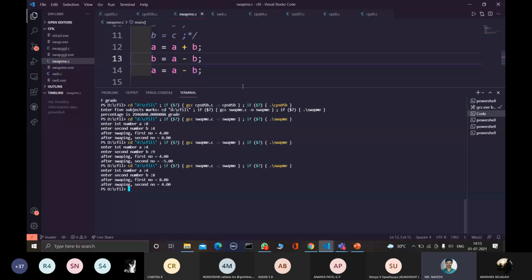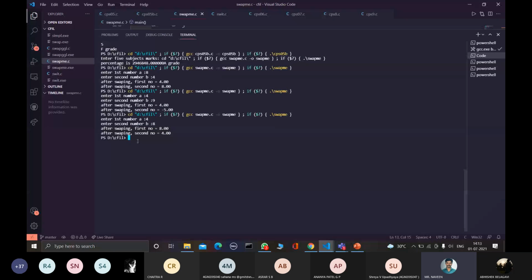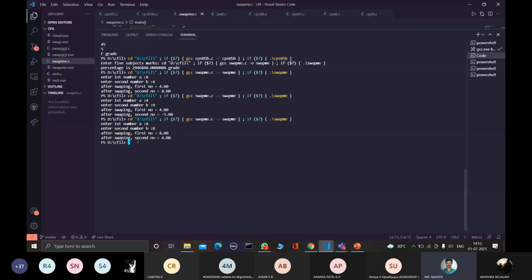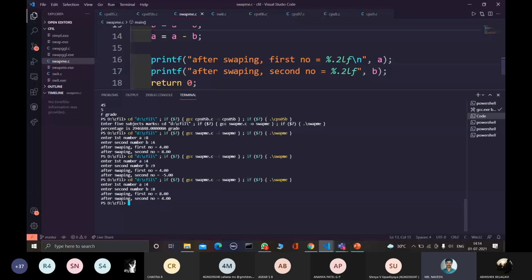Just now previously, what Abhishek has shown is using the temporary variable C. C is considered a temporary variable, and in the C variable you store whatever value is there in A, and then you swap the value that is in B. So this is using a temporary variable, and just now, using a mathematical expression, we performed the swapping of two numbers without using a temporary variable. So I think you got clear with these two logics, correct?